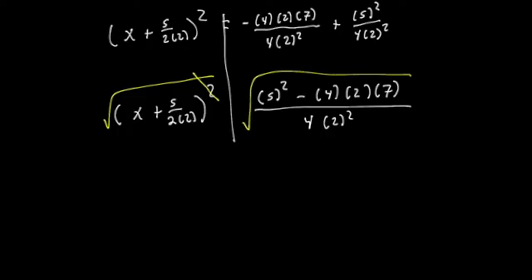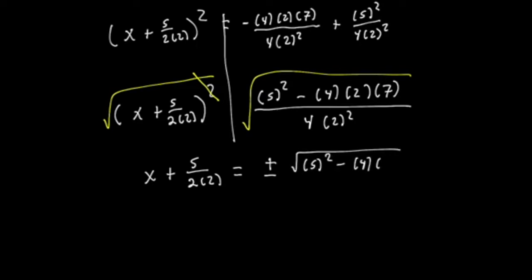And here on the left, the square and the square root are going to cancel. So I have x plus 5 over 2 times 2. And on the right hand side, since I have a ratio, the square root is going to distribute to the numerator and the denominator. And as we take the square root, we get plus or minus the square root of 5 squared minus 4 times 2 times 7. And on the denominator, the square root of 4 is going to be 2. And the square root of 2 squared, the square and the square root are going to cancel out,